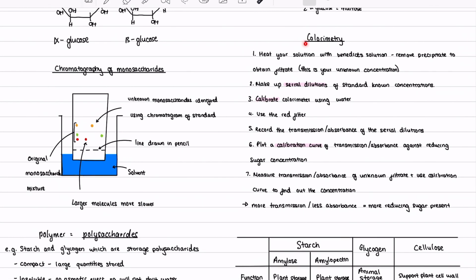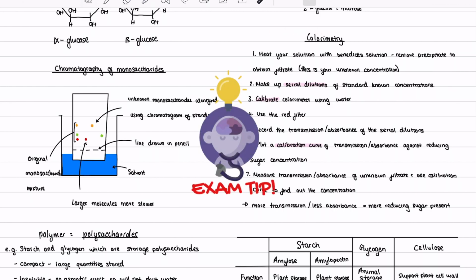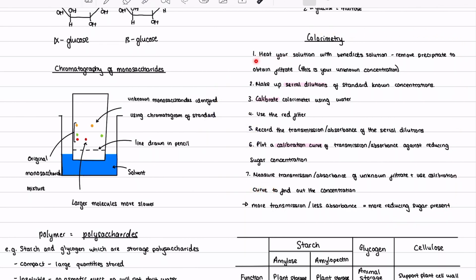Colorimetry can be used to identify the concentration of monosaccharides in a solution. This can be an easy 6 marker in your exam. The first thing you need to do is heat your solution with Benedict's solution, then remove the precipitate that forms to obtain the filtrate. Leaving that aside, make up serial dilutions of standard known concentrations, then calibrate the colorimeter using